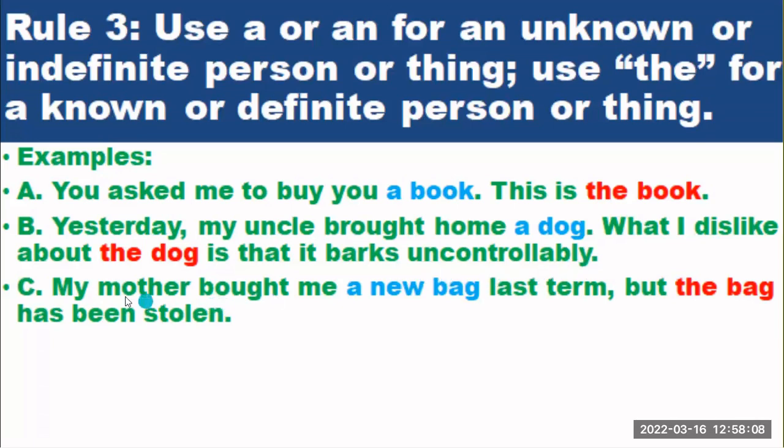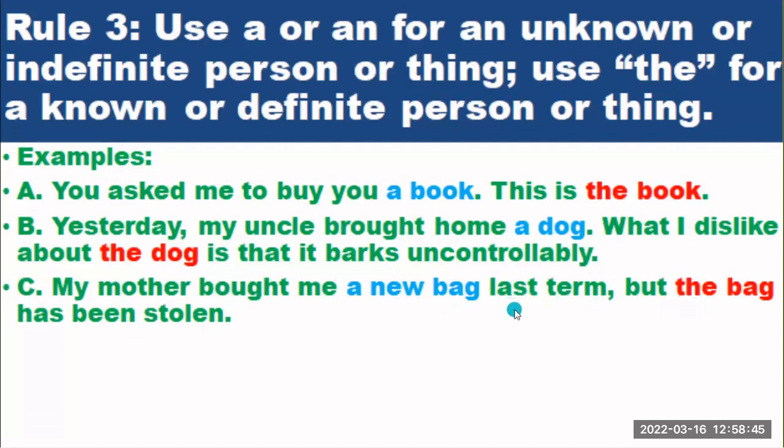Let's take another example. My mother bought me a new bag. It could be any bag, all right? At this point, we are getting to know about this bag. It's a new bag. My mother bought me a new bag last term. Now, having mentioned this, if we want to talk about it again, we can use the definite article. But the bag has been stolen. Which bag? The new bag that my mother bought for me last term. All right, so